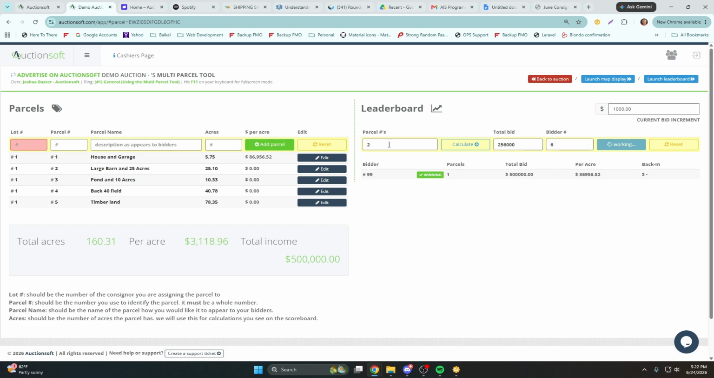So we're going to go through the routine here real quick on adding the first round, which is our parcel. So parcel 3, and the parcel 3 is the back 40 field. So let's say it brought $325,000, and bidder number 74 got that. Add it to the first round, and then the fourth parcel is